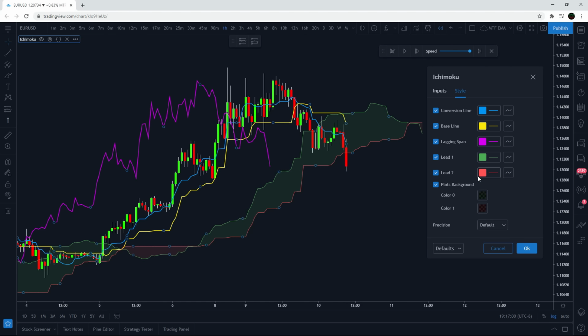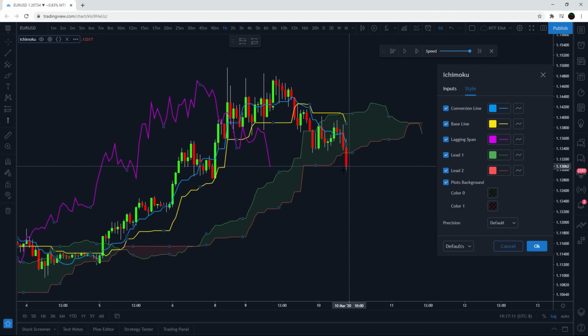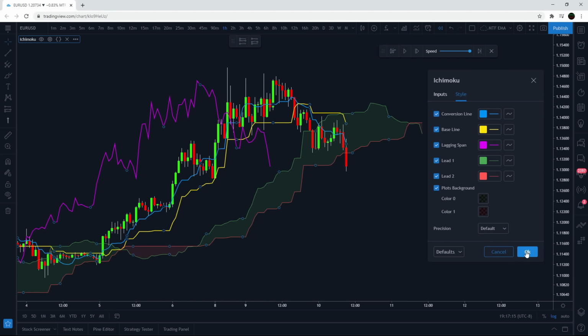Then lead 1 and lead 2 outline the cloud itself. Then we have the plot's background, which is just the background of the cloud. And the cloud sits 26 periods in front of the current candle. Okay, so just to show you the different components of it so it all makes sense when I'm explaining the